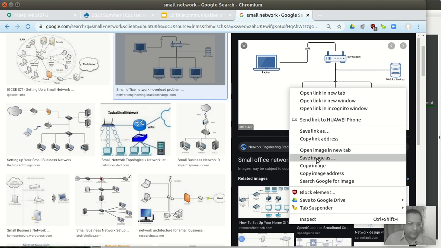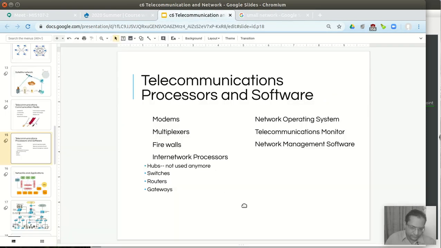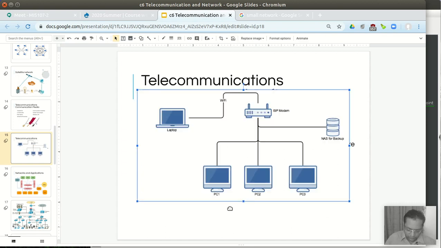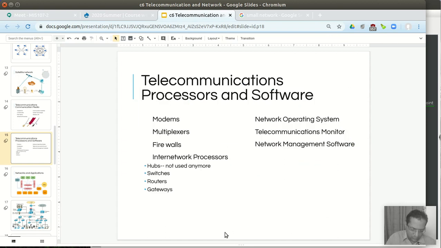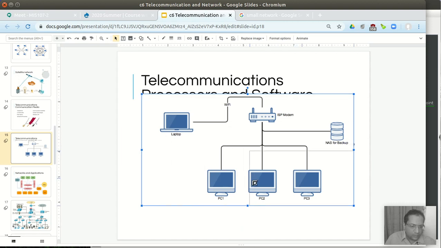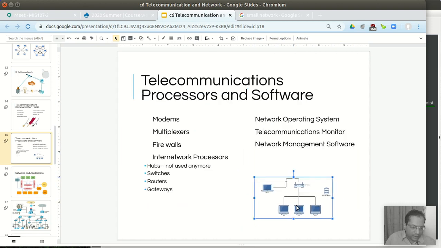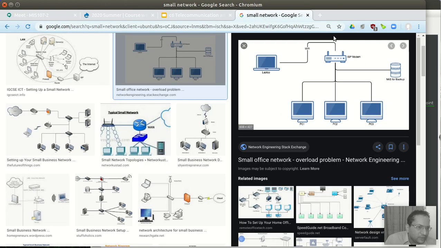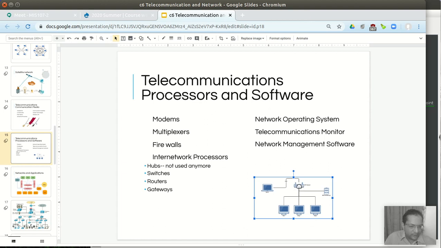If we have a small network like this, and in between we have a hub, of course this is not a hub, this is a modem. But assuming this inter-network processor is a hub, whenever this one sends a message, it repeats the message to everybody.